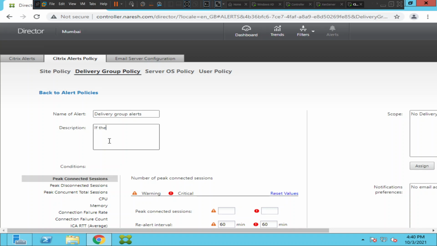If the peak disconnected sessions are more than, let's say, 20, send an alert.